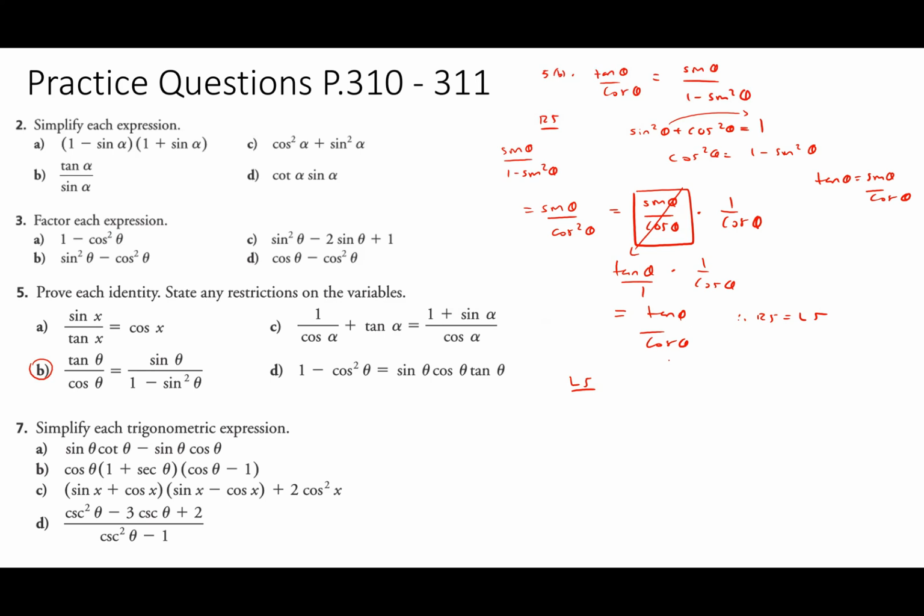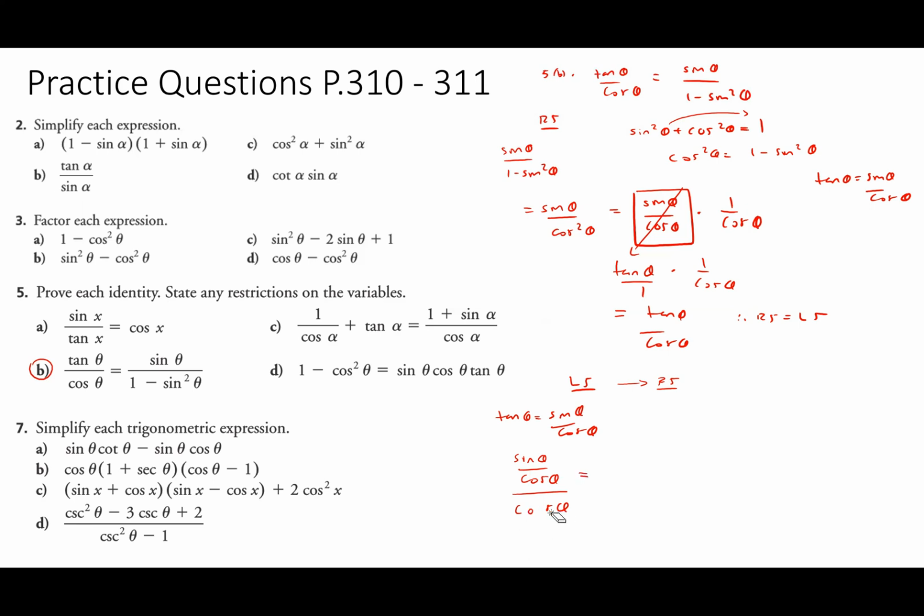So if I'm working with the left side instead of the right side, I want to convert the left side into the right side. On my left side here, you have tan theta and cosine theta. On the right side, I only have sine theta and variations of sine theta, right? That's a good indicator that you need to get rid of cosine theta. You need to convert tan theta into the form of sine theta. And the way you can do that, we know tan theta is sine theta over cosine theta. If I plug that into the equation, you get sine theta over cosine theta over cosine theta,